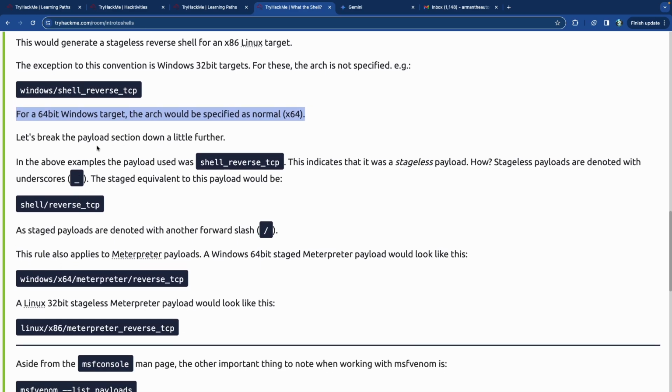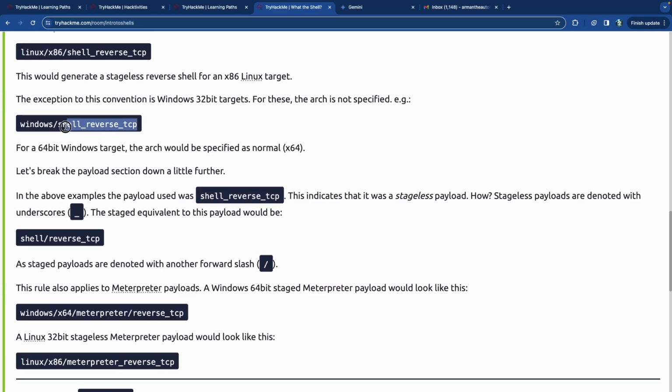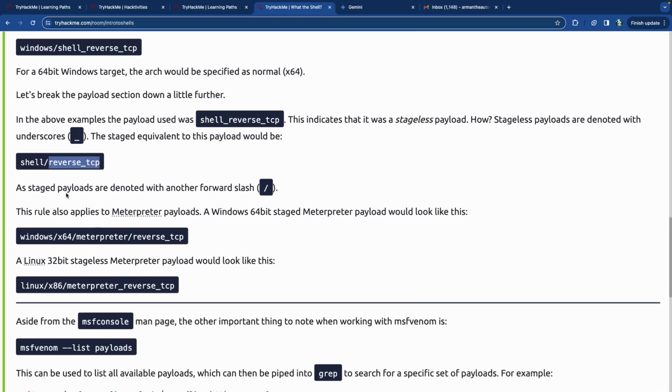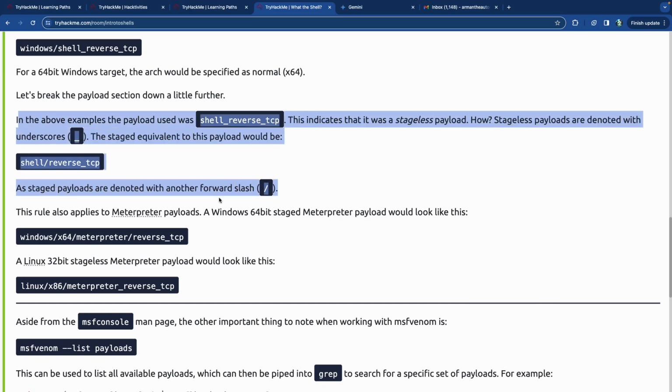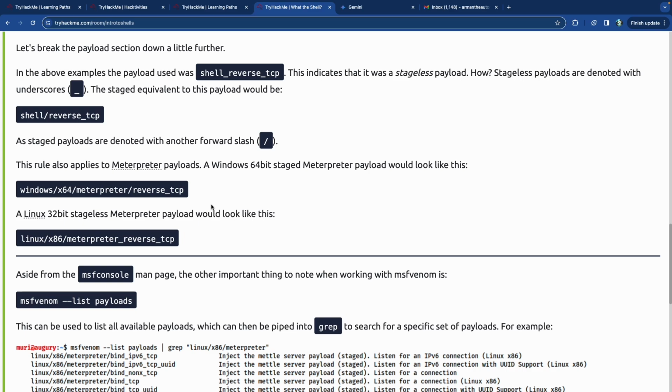So we're going to break down the payload section even more here. The payload that was used right here is the shell reverse TCP, and it's a stageless payload. Stageless payloads are denoted with the underscores. The staged equivalent to this would be shell and then reverse TCP. Staged payloads are denoted with another /, and this is just a common syntax preference and choice within Metasploit, msfvenom,